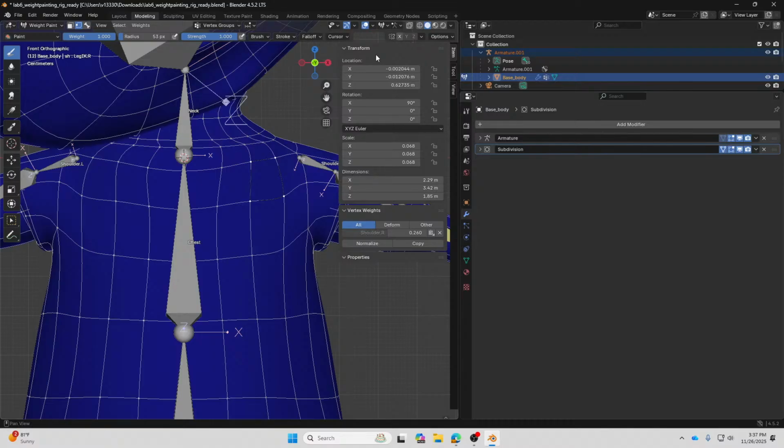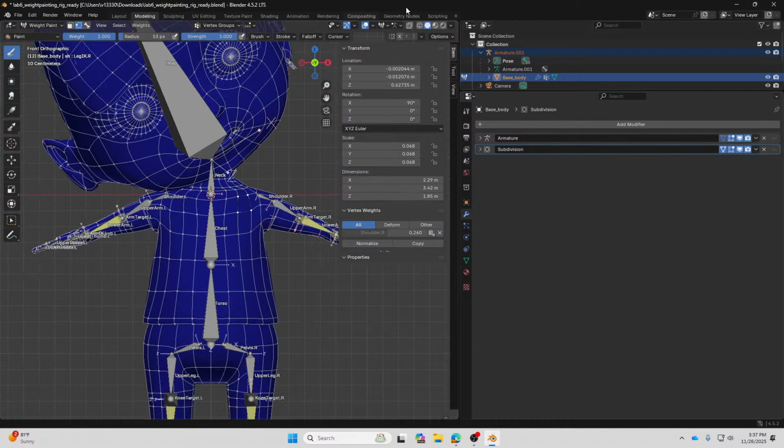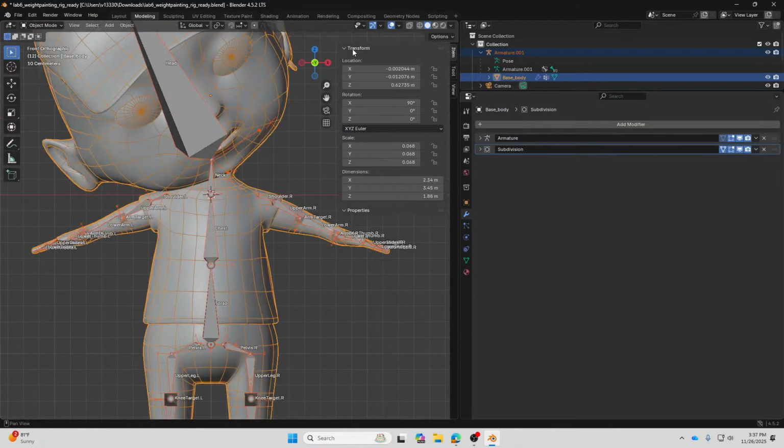Also, when you work with a symmetrical character and correct the weight paint with the brush, remember to turn on these buttons.